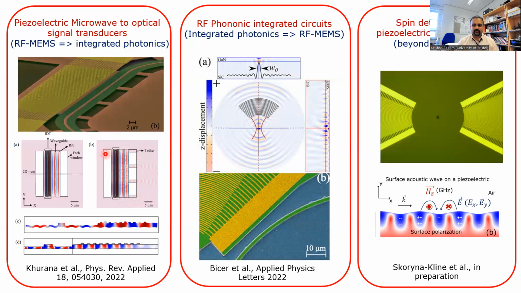In the first set of problems, we are interested in bringing ideas from RF MEMS onto an integrated photonics platform. But you can also take these ideas in reverse and ask, what can integrated photonics teach us about RF MEMS? This is an important question to ask, because if you look at all the acoustic wave devices that are currently deployed, RF filters being a very good example, most of the acoustic wave devices that are currently widely used manipulate quasi-plane waves. So the idea of manipulating acoustic waves with strong geometrical confinement hasn't had an impact the same way that manipulating light with strong optical confinement has.